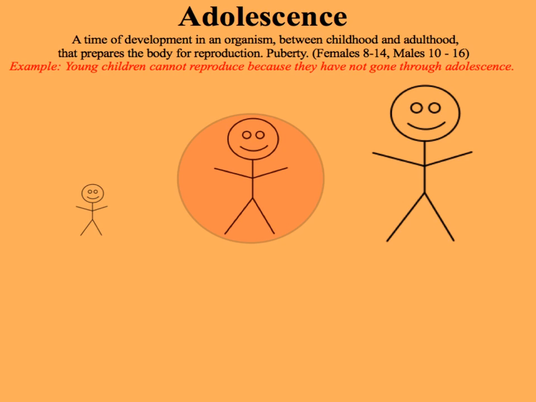So first of all, the first definition that I want to go over is adolescence. This is the time of development in an organism between childhood and adulthood, usually anywhere between the ages of 8 and 16, depending on if you are male or female. Now, I think you have a question on your notes that say, why do children between ages of 0 and 9 look more similar than different? And that's due to puberty. They have not gone through puberty yet. So it's at puberty that we really begin to see a lot of the differences between males and females.